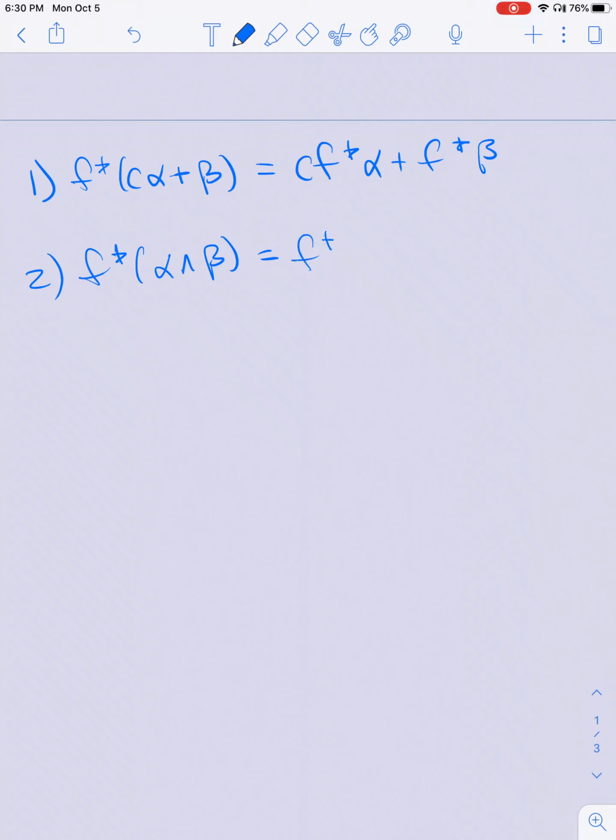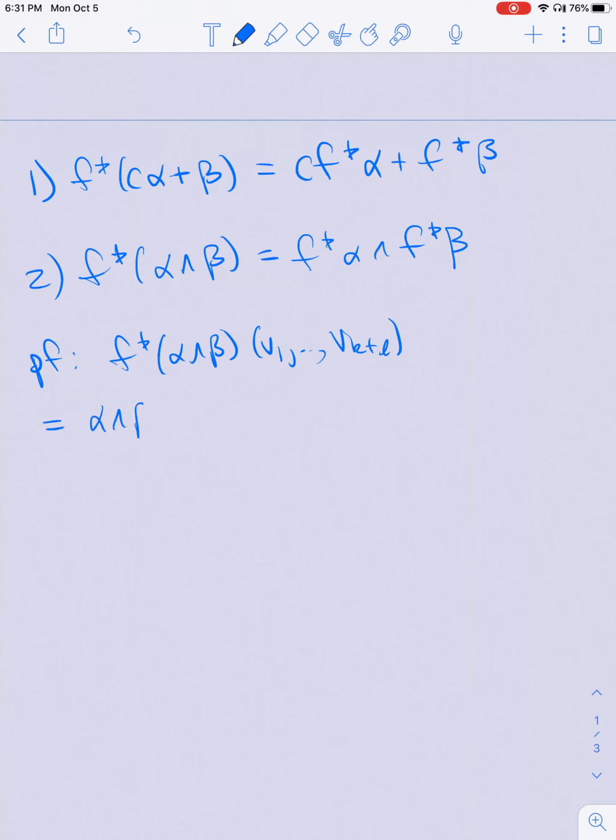So if I want to compute the pullback of a wedge product, I just compute the pullback of each term and then take the wedge product. This is pretty easy to prove using the formula for the wedge product. So f pullback of alpha wedge beta applied to v1 through v(k+l), where alpha is a k-form and beta is an l-form, is just alpha wedge beta applied to f push forward v1 through f push forward v(k+l). And we use this formula,